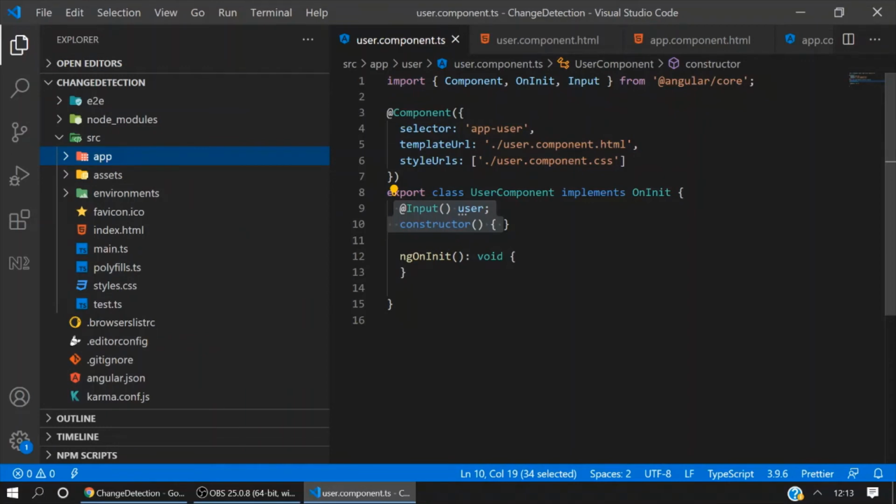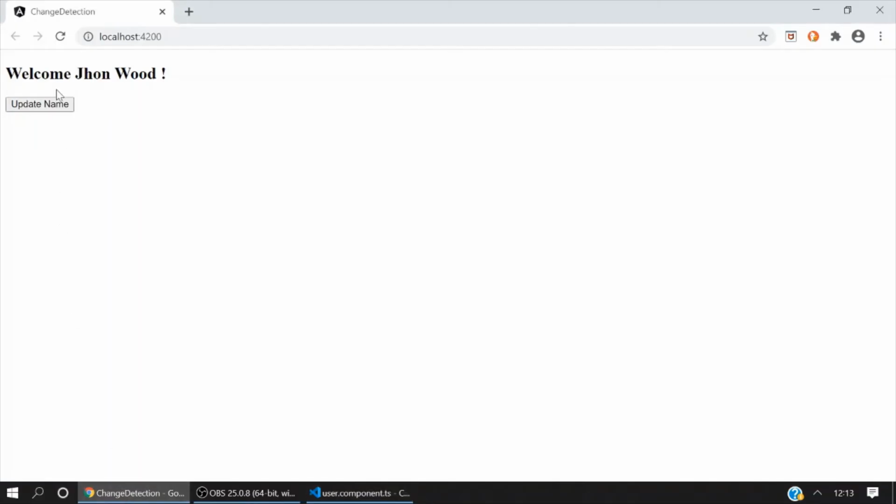So in the current scenario, when we click on the button, it changes the property. So the first name in the model will be changed.